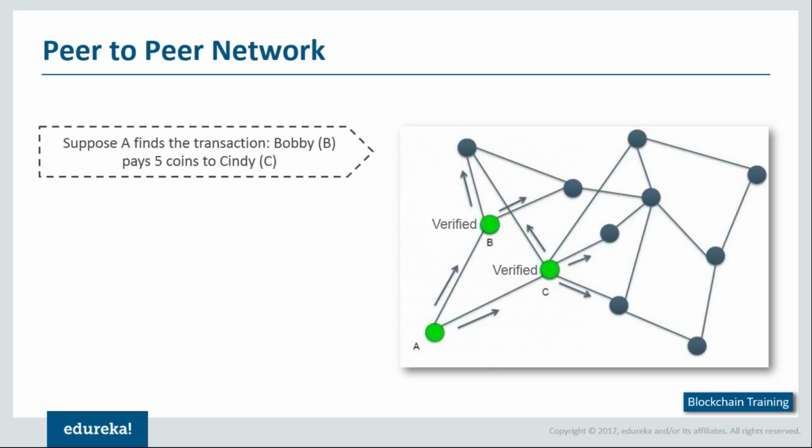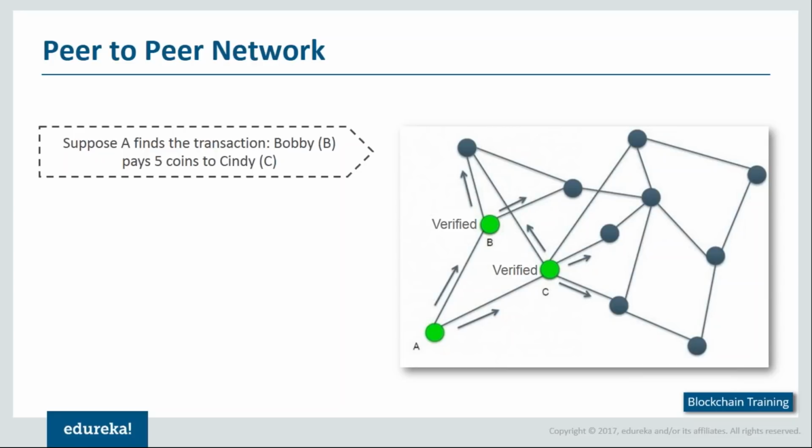Now there are different kinds of nodes and we'll be talking about them as part of the next session, but just to give you a simple idea, we have a full node. That is, anyone who has the complete blockchain downloaded to their system and has the complete ledger as well is referred to as a full node. Apart from that, there are also special nodes called miners. Miners are basically the people who validate our transactions as well as work on building a new block. Now remember the term miner because this is important and we'll be talking about it in the upcoming slides.